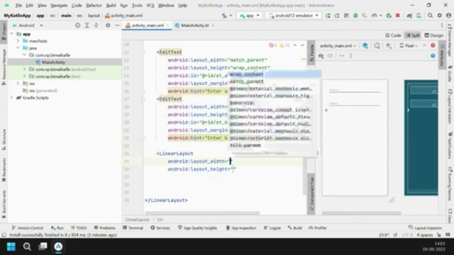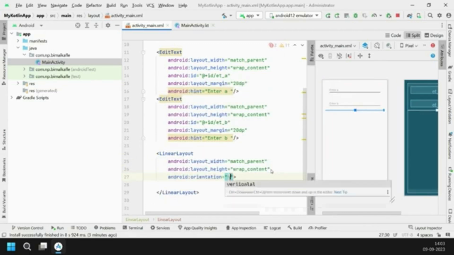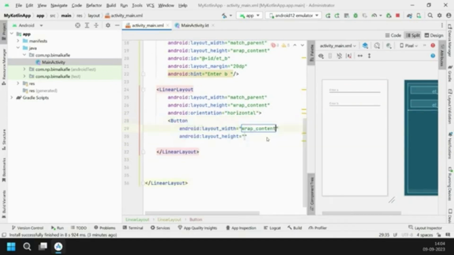Now I'm trying to create another layout, a nested layout. So I'm creating another linear layout in which I am giving the orientation as horizontal. The upper linear layout was vertical, while this one I am giving horizontal. It's just for ease of use in my work.